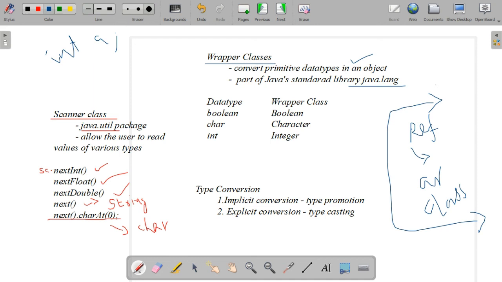Primitive data types are written in small letters, and the wrapper classes for those data types start with a capital letter. That is the difference, because these are classes. So boolean must be small letter here, and this is capital letter.